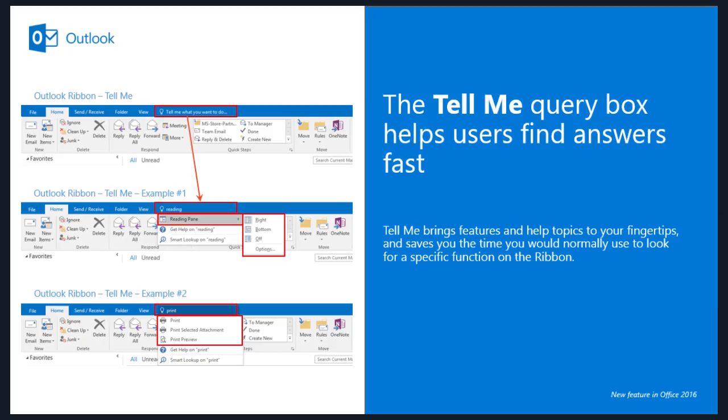So to start off, we're going to go over this new feature that is not just in Outlook. You're going to start seeing it in almost all of the Office suite. One of the things that you're going to see is in your Outlook bar, the little blue bar at the top. It could be a different color depending on your theme that you've customized if you have. You're going to see where you can start typing things in and asking it questions in a way, but really